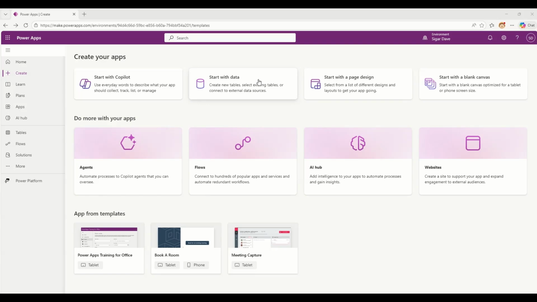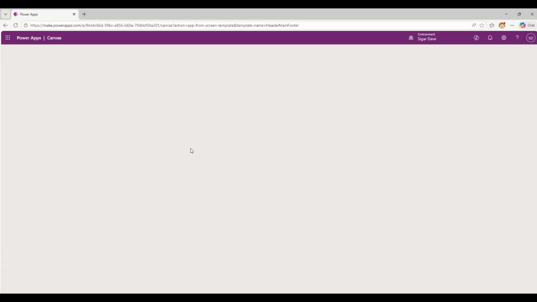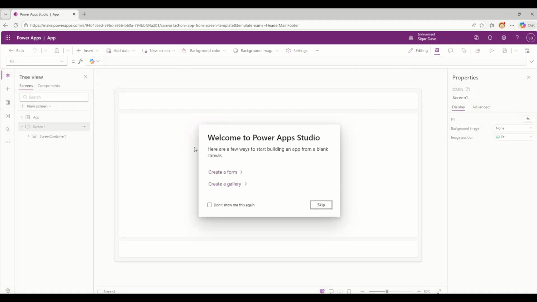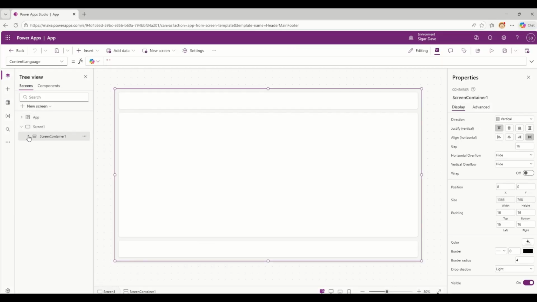So right now I am in one of my developer environments, and we want to start with a blank canvas app. And I'm going to select this responsive as my design. Let's wait for the app to load. So now the app is loaded, and as we can see, we have this normal screen container that is horizontal